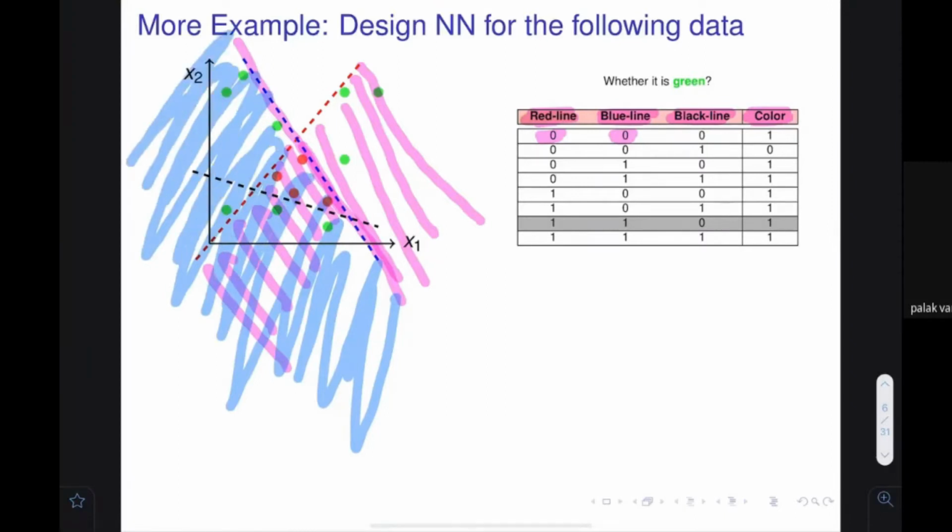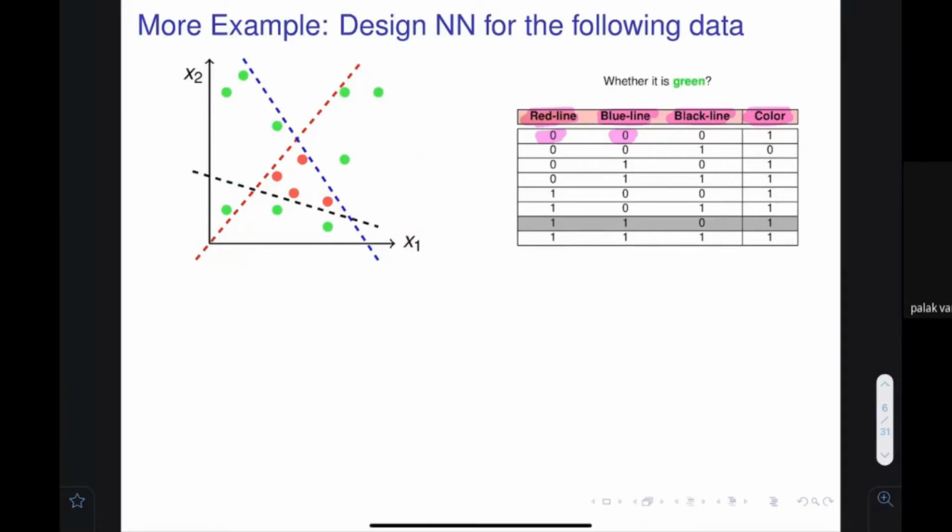If I say below the red line and below the blue line, what would that area be? I think you may understand that the area would be only this, below the red line and below the blue line. Only this is the area that I have. Make sense? Can you write yes? Yeah. Okay. Next thing, the black line, below the black line.